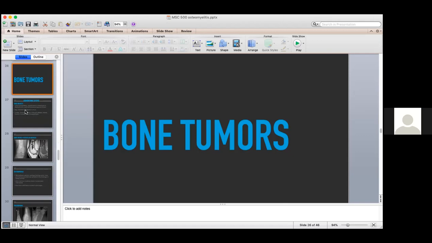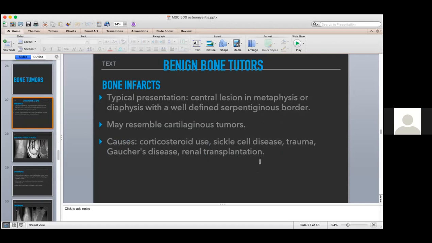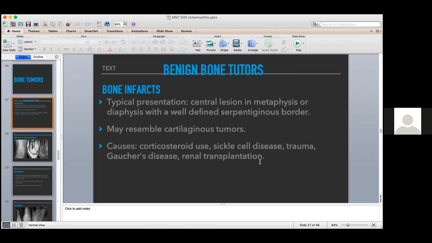Okay, bone tumors. So I will look at a few benign tumors and a few malignant lesions. Okay, so let's start with bone infarcts. So bone infarcts, we are commonly seeing them nowadays than before, especially in our setup, because now we are doing